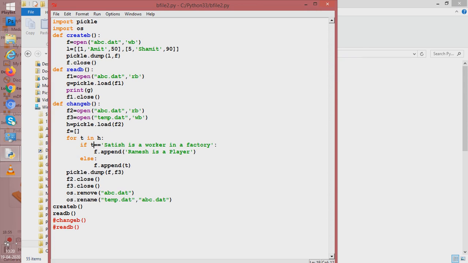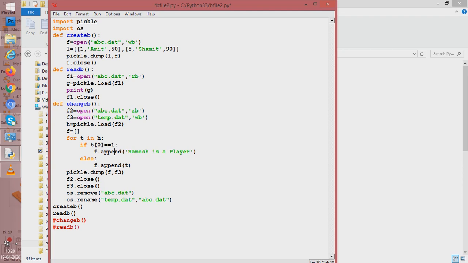We'll say if T has the record, again T has the record. Now the record, we say if T[0] is equal to, what is 0? The 0th subscript number. Now at one go, T would first contain Amit's record, that is 1 Amit 50. So if I say if T[0] is equivalent to 1, then what to do?